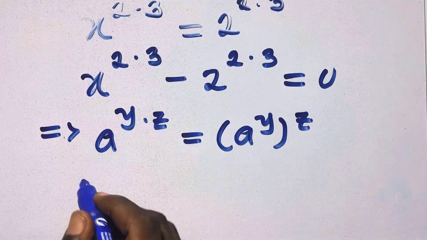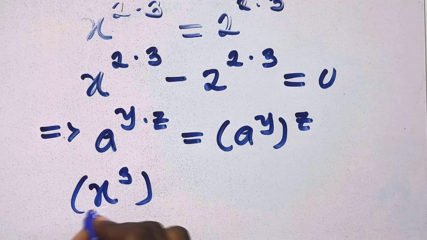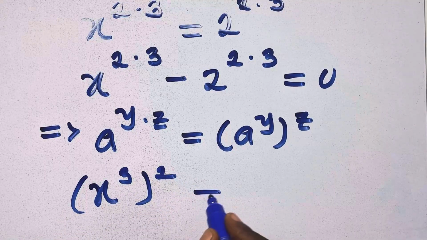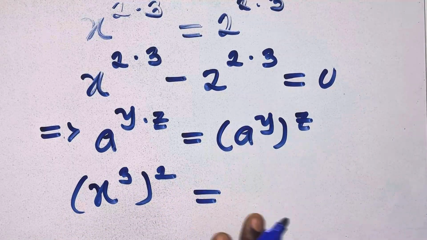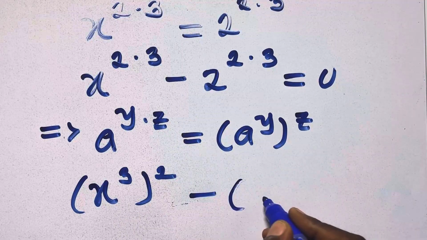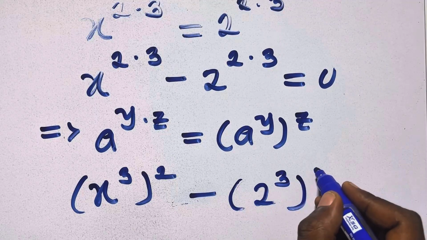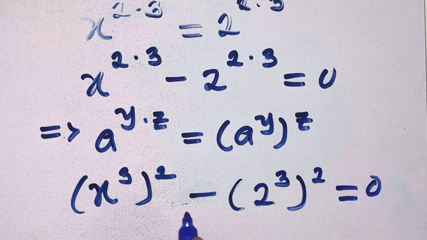So now we can express this as x raised to the power 3, raised to the power 2, minus 2 raised to the power 3, then raised to the power 2,